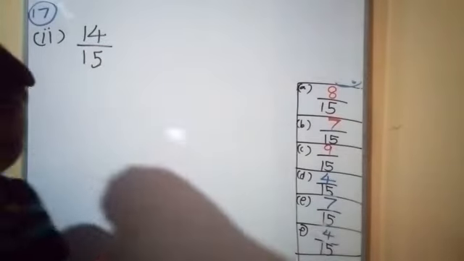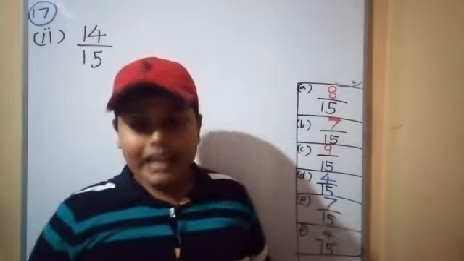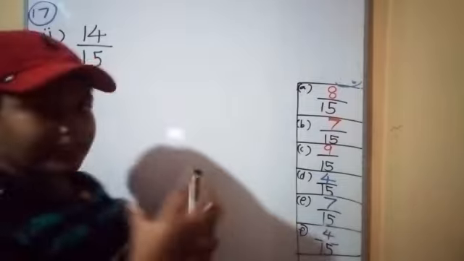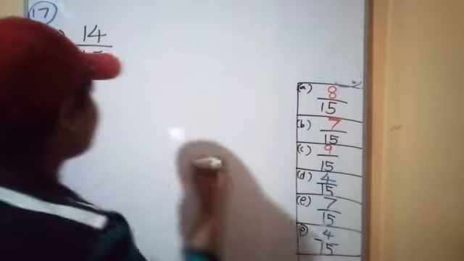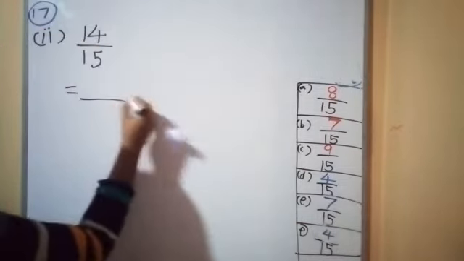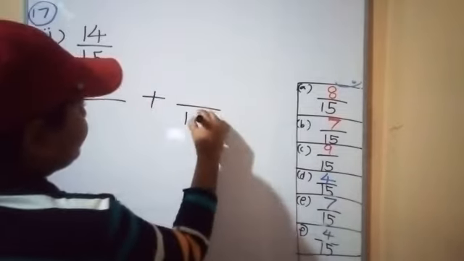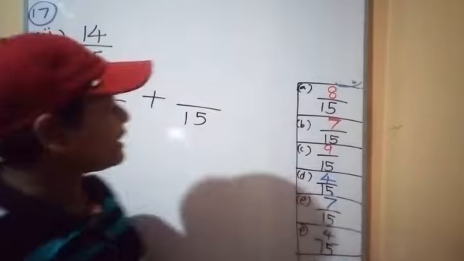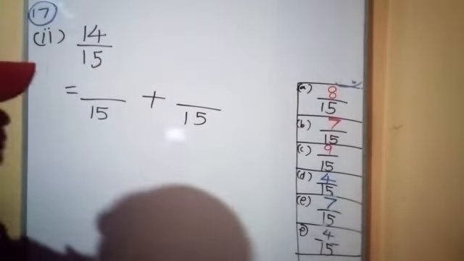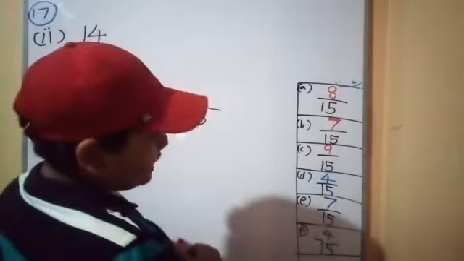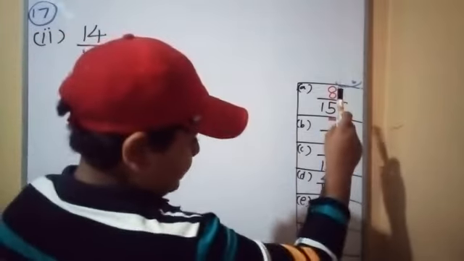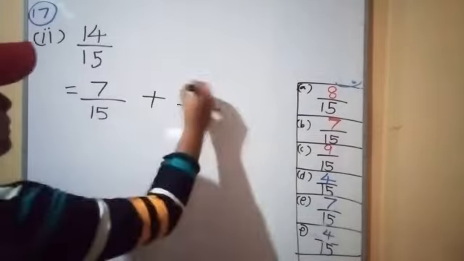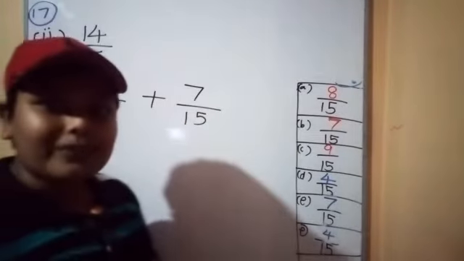Now what preferences can we identify? You want to find two preferences that get 14 over 15. That means this 15, this adds to 15. Now 14 means you want to get the 14, that addition operation. Now 8, 9, 17. 7 over 15 plus 7 over 15, 14 over 15, no?